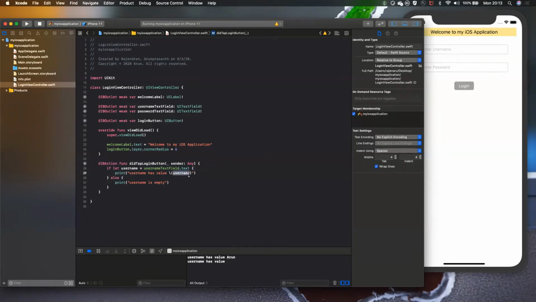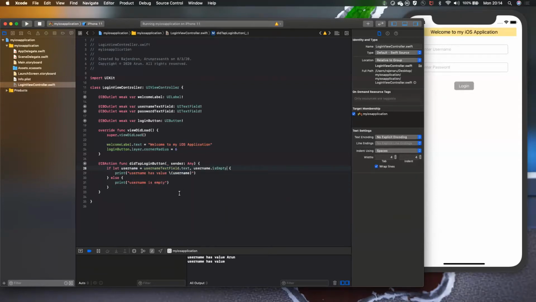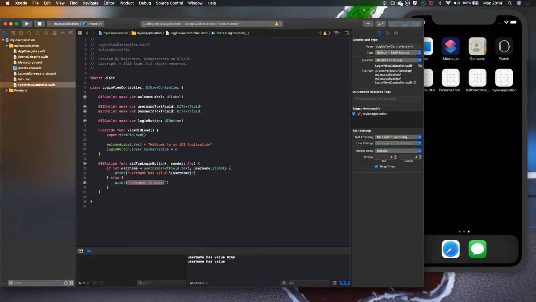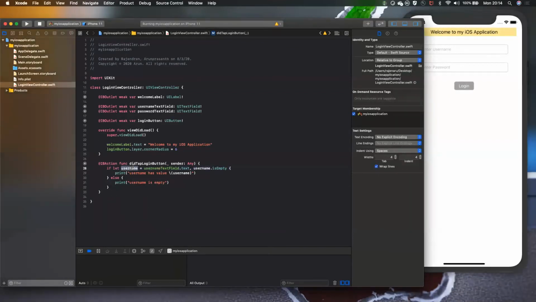So in this case also, you don't need to allow the user to log in. So in this case, what you can check is another validation like username. It is a string. So you can check for isEmpty. So now it won't go inside this if loop. So I'll just run the application. So it will go into username is empty. So in the if, we have two conditions. First, we are checking whether the username variable is there or not, and then we are checking it for empty.